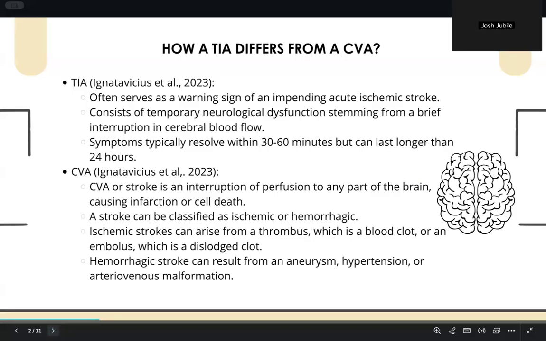So for our TIA case study for Mrs. G, we start off by distinguishing a TIA from a CVA or a stroke. So for a TIA, this often serves at,